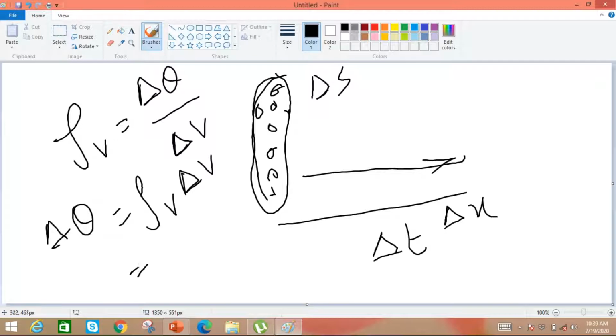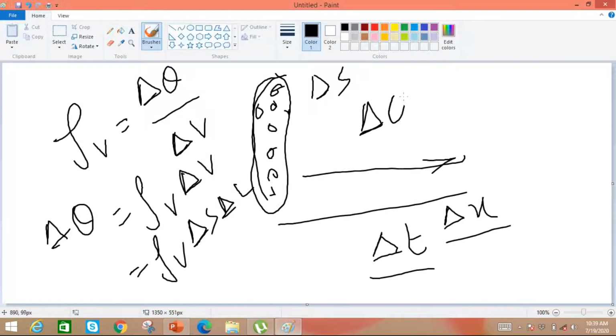Now we can write this equation. Rho v del v can be written as del s into del L, the differential area into the differential length. Now in time delta t, these charges have covered a distance of del x. So del q will be equal to rho v del s into del x.